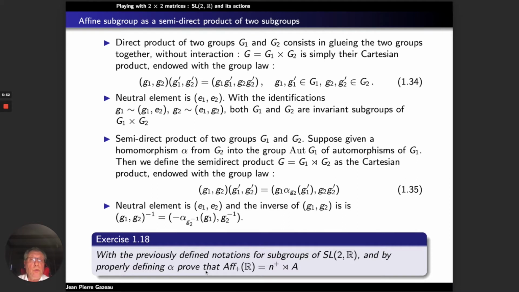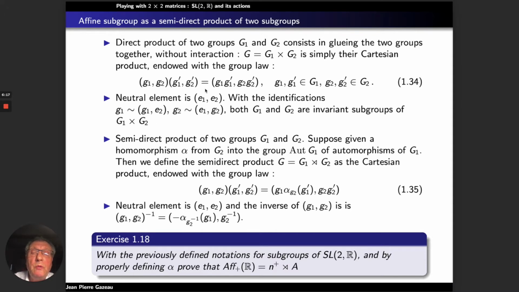You take two groups, G1 and G2, and the direct product of those two groups consists in putting together the two groups without interaction. It's just their Cartesian product, endowed with the group law (G1, G2) times (G1 prime,